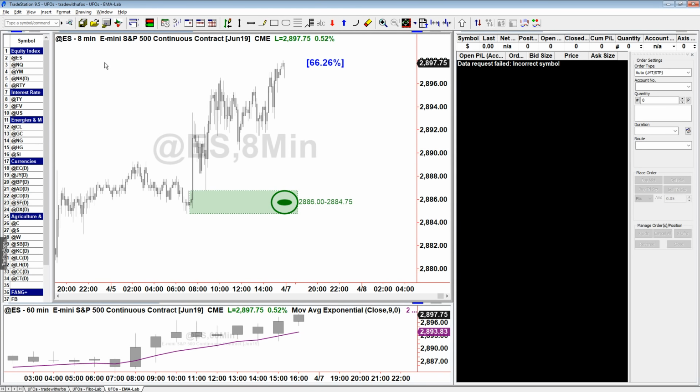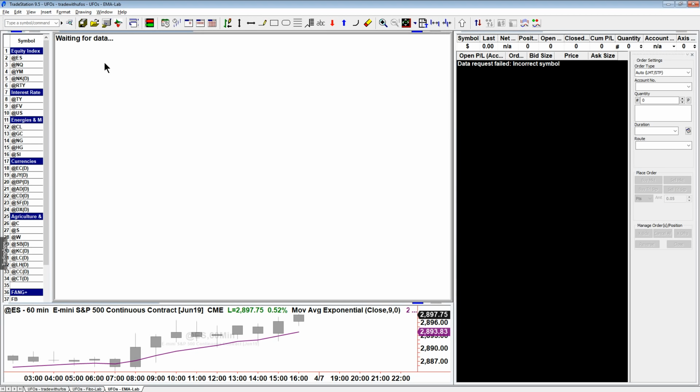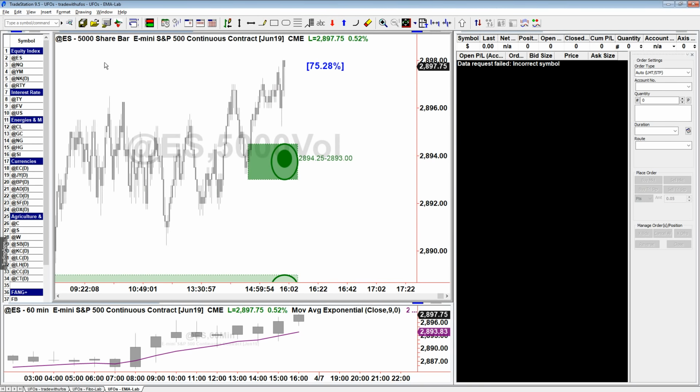But it gets better, because apart from using those minute time frames that could be fancy, we can also go the route of using things such as 5,000 share bars. Where now, once my chart loads, the beauty is that every candle will have the same weight on my chart, which is 5,000 contracts traded per candle. No matter the time of the day, every candle represents 5,000 contracts traded, right? And why is this important? Well, take a look.